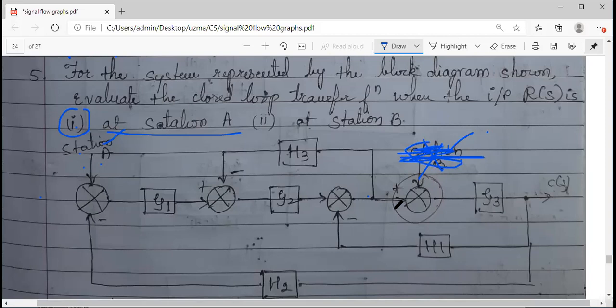When do you use a summing point? When you have more than one line. So you use a summing point. So if station B is not at all there, what is the use of taking the summing point? So your block diagram will be simply without these lines, without this part. Directly this line, you have to connect directly to G3. So when we start solving for station A, make sure that station B should not come. And since station B is not at all there, there is no point in taking the summing point.